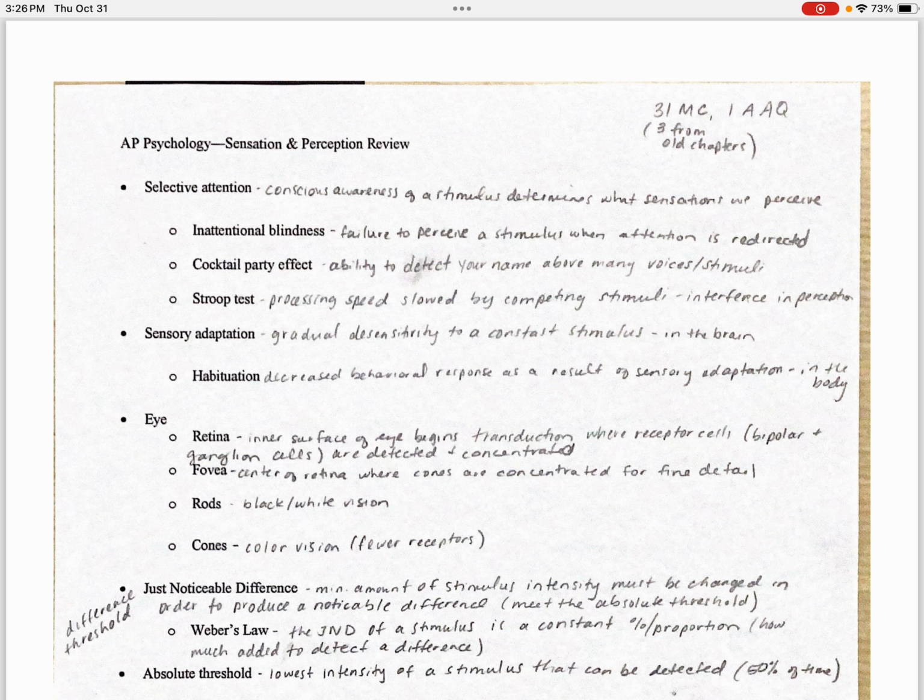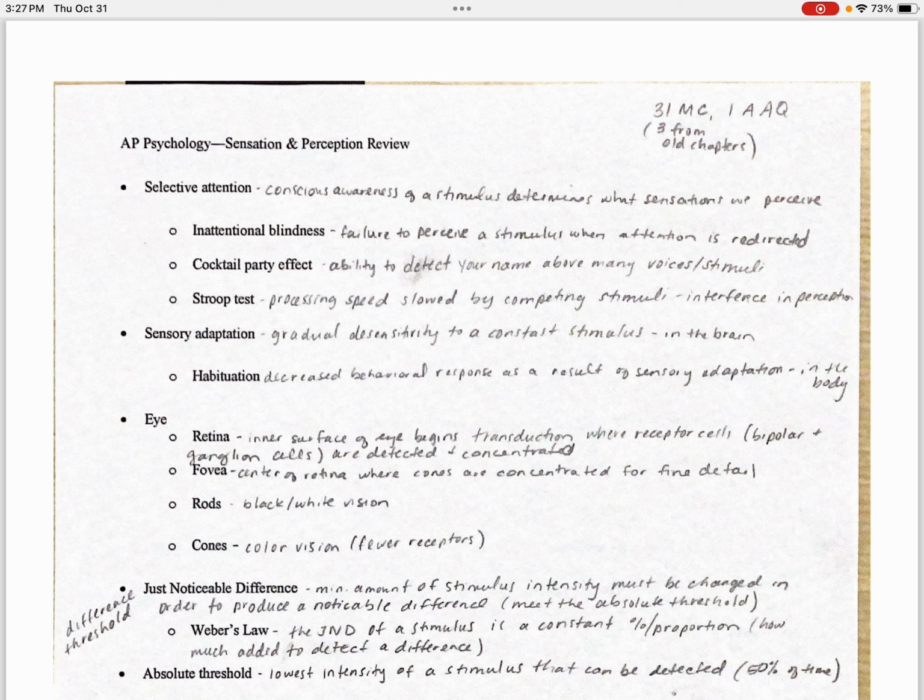It's a behavioral response. Let's talk about the eye. I want you to know a couple parts in particular, and of course the most important part is the retina. The retina is the inner surface of the eye. It begins the process of transduction. This is where these receptor cells, such as bipolar and ganglion cells, are located. And it's in the retina where these receptor cells are detected and concentrated. We find very, very specific cells in the retina that we don't find really in any other manner, anywhere in the body, including things like rods and cones, which we'll talk about here